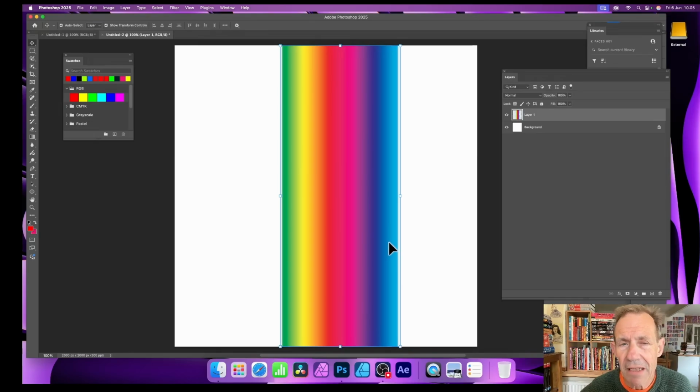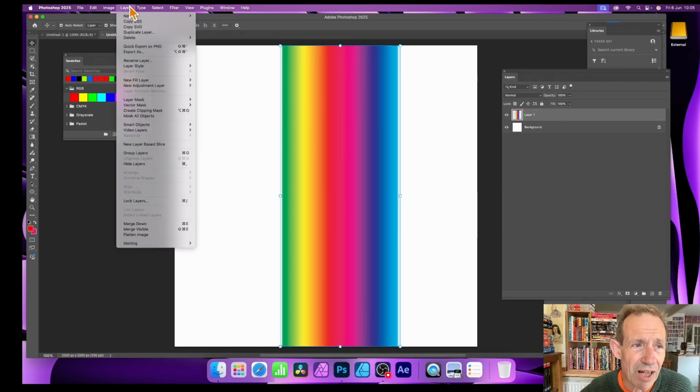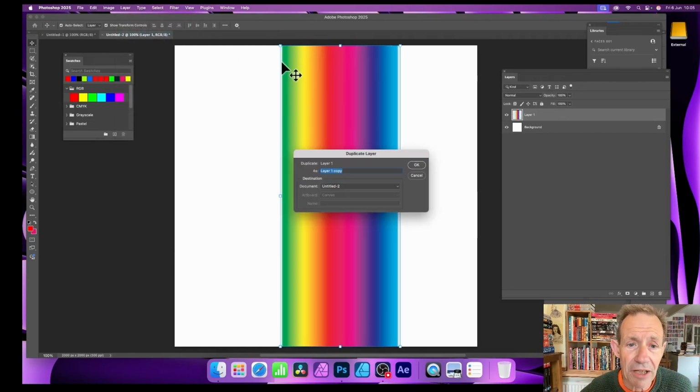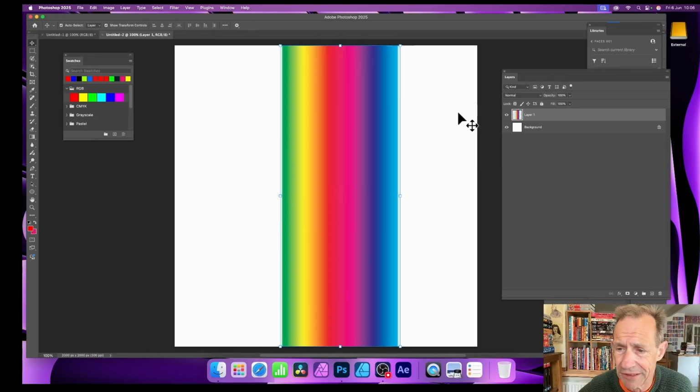Another thing that slightly baffles me in Photoshop, and in this video I want to cover just a few things. You go to Layer and Duplicate Layer. You can of course duplicate the layer, or you can also hold down the Alt or Option key and drag to duplicate it. But it would be lovely if there were features such as, I want 10 copies. I don't just want one. I want 10. But there's no feature for that. All you've got is just duplicate. And this feature has been here since probably Photoshop version 1. You never think, why don't they update some of these features?